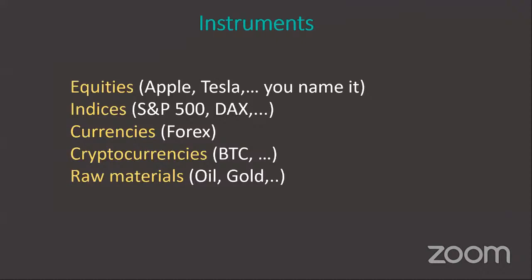So the trading instruments on which you can apply the methods I'm going to show you today are basically everything that has a price tag on it. That could be equities, indexes, currencies, cryptocurrencies, or raw materials. There's not really any limit. Everything that has a chart, everything that has a price can be used with this volume profile methodology, and you can plan your long-term investments using the methods I'm going to show you. So those are the most popular markets.